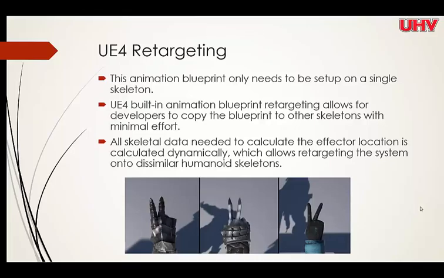So once you actually calculate the effector location dynamically, you will be able to use this retargeting system to implement this mechanism and the blending of these animations on similar humanoid skeletons as well. And all of this, as I mentioned, is happening dynamically in real time. I'm going to show you in a couple of slides the results for the skeleton of a humanoid character